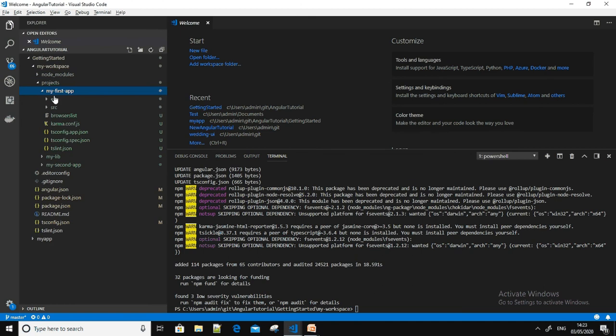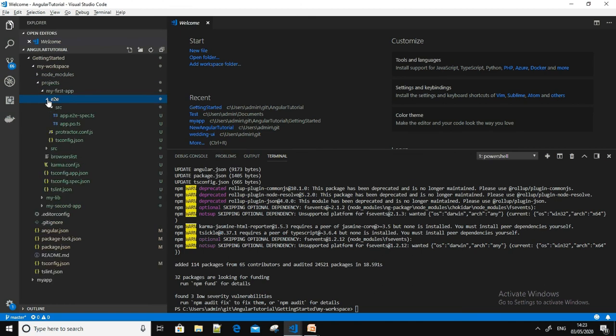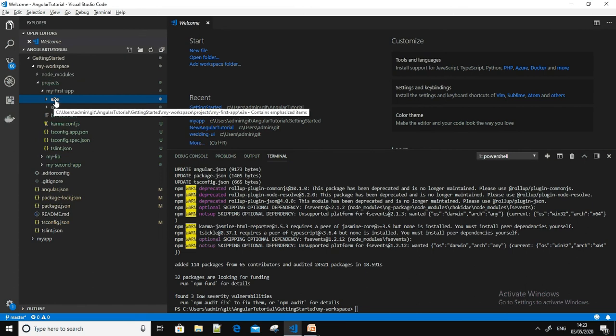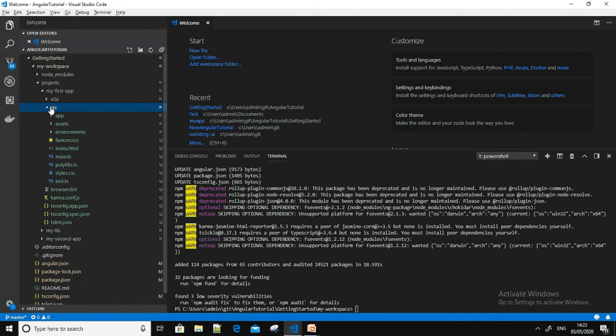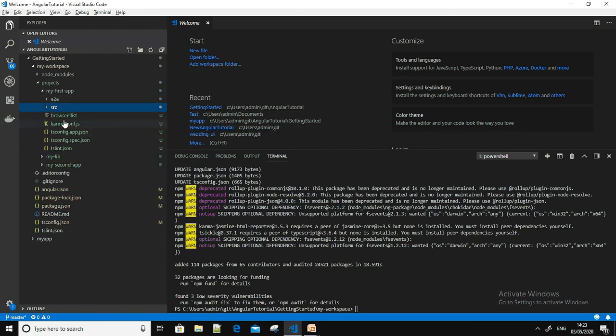If I go inside the project, as I have explained, each project would have the end-to-end file with which you can run end-to-end test cases. Then the source file, similar to before, where inside the source there would be application specific source files, and then the configuration files like browserslist and karma. I'm opening a second app.